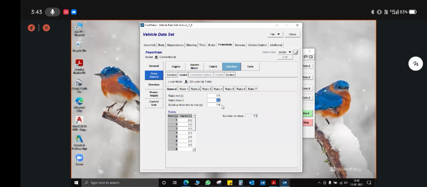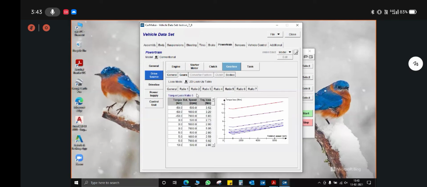But this is one of the most critical things, and if you deviate from the general torque loss curves, to be specific, then it might show an error. And remember to put the very initial torque loss ratio value as negative, the torque value here, as it has been specified, or it will definitely show an error.